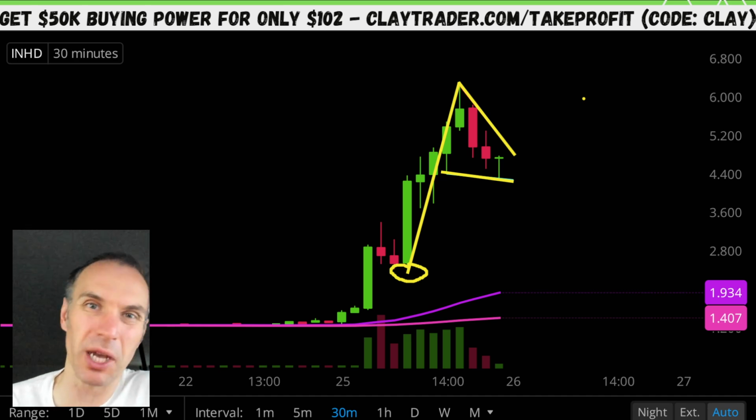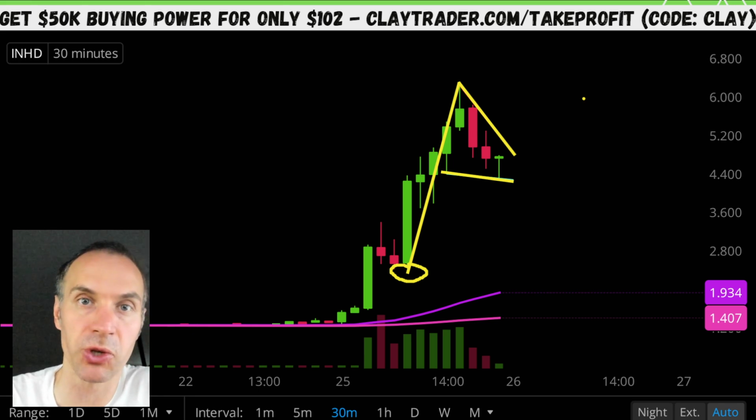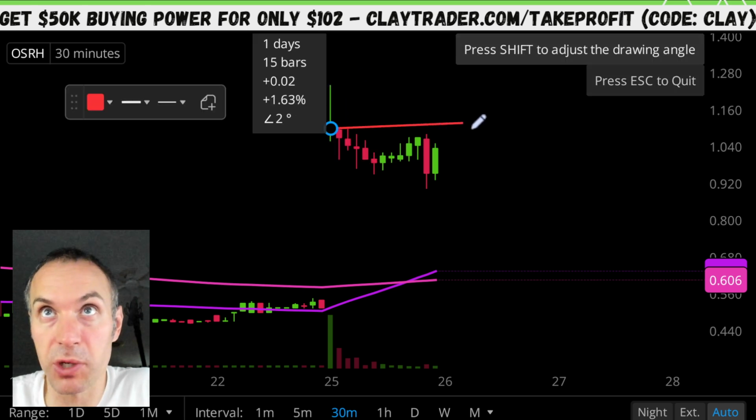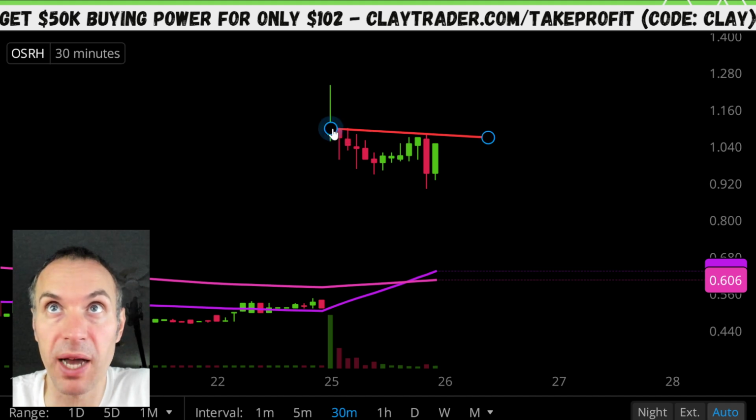So if you maybe don't like penny stocks, but you like stocks more so in this price range and you like bull pennants, well, now you have a couple of choices. Next one here, OSRH. And again, I'm going to go through this quickly because you literally just heard me talk about it, but it's one of these days where you have quite a few of these patterns